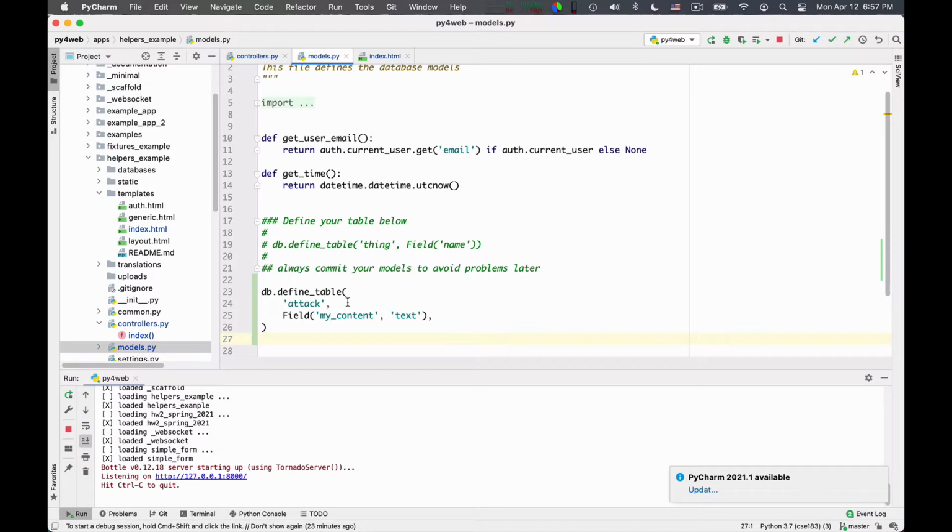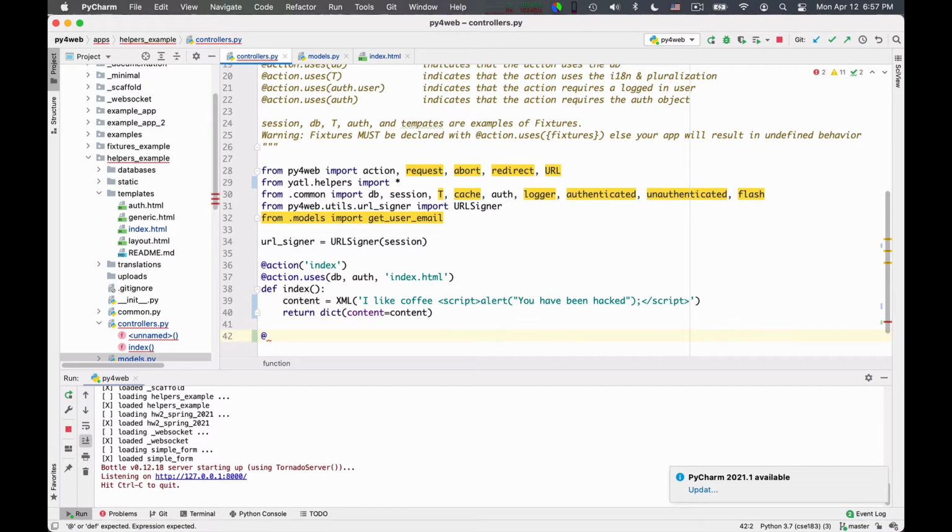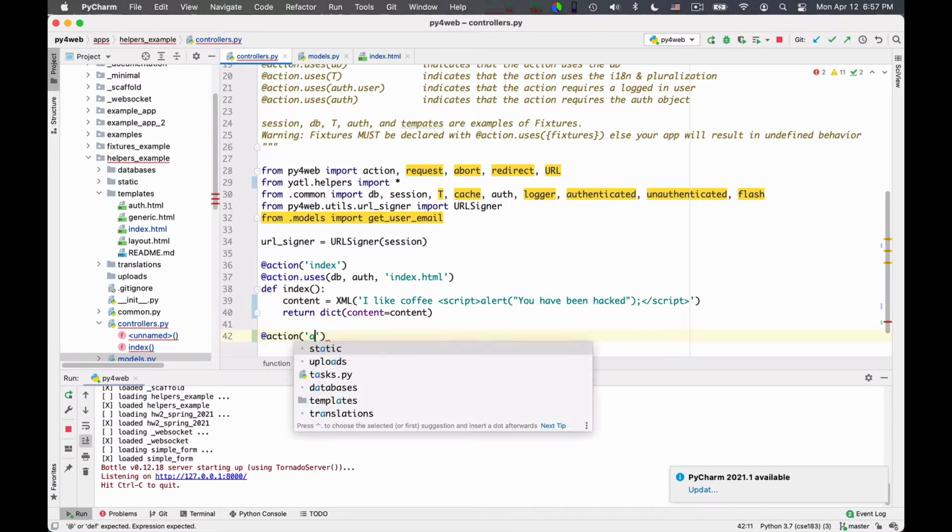Then I want a controller where people can insert content in this table, okay? So I will create an add controller that I can use. Action add.